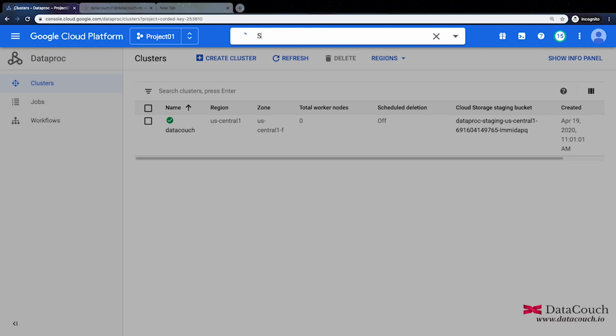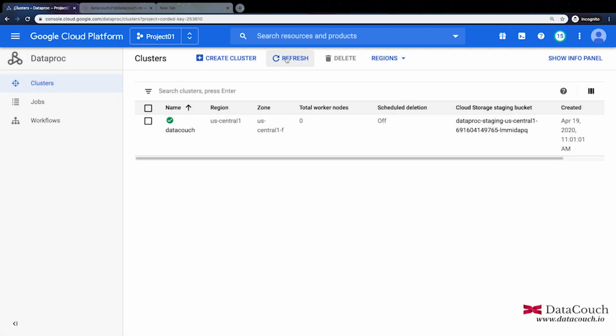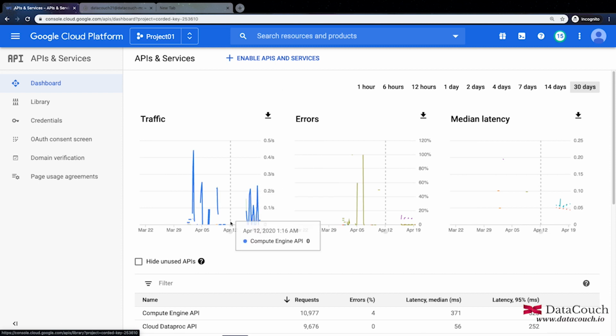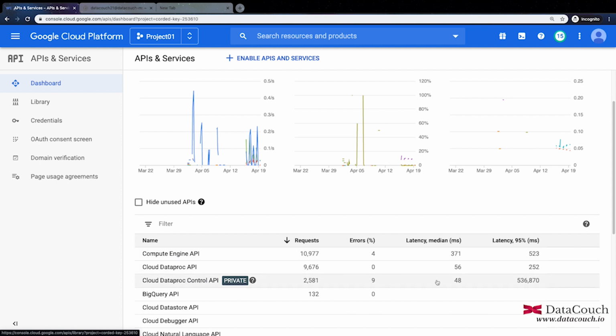Just go to APIs and Services, where you will find which APIs are there, and you can see the traffic. You can go to the dashboard and see which APIs are consuming what kind of things. You can just disable these APIs so that they are also not consuming anything. As one of the best practices, disable these APIs when you are done for the day. So these are the things that you need to take care of. You don't have to set up anything for working on the cluster. That's why we are recommending you to use this.